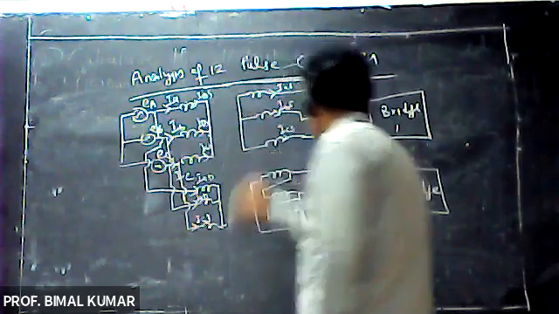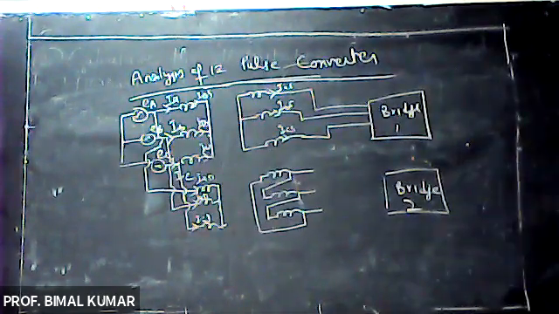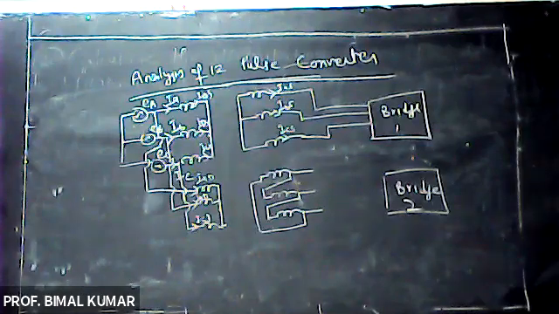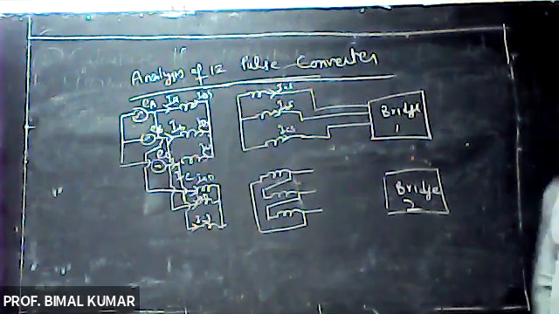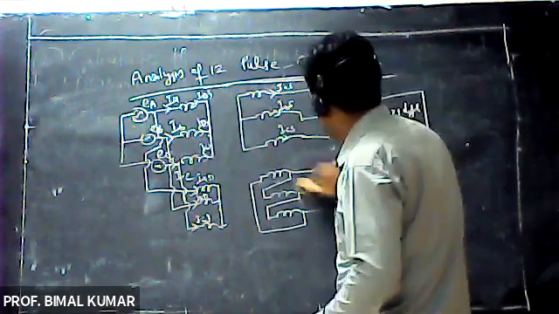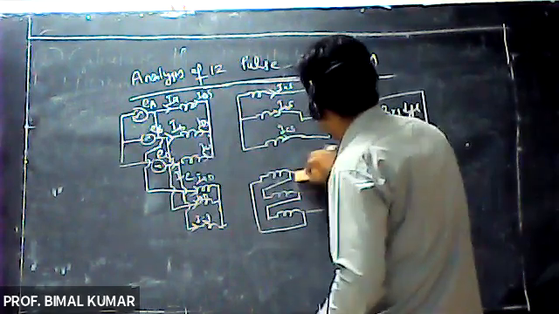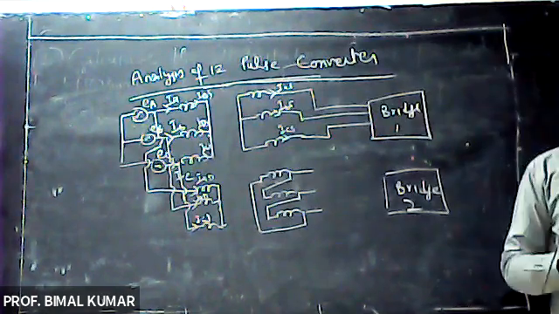Now this will become a delta type connection. Finishing of the second is connected with starting of the third, and finishing of the third is connected with starting of the first. Connections so formed are known as